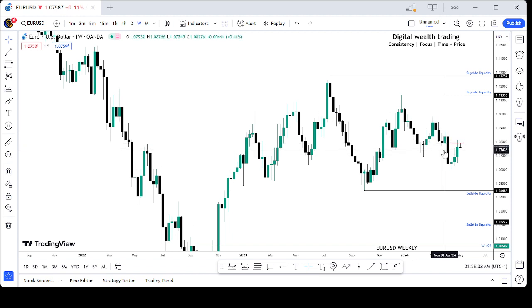Why I did not use the low of the order block is because the fair value gap that was created here was done with a bullish candle. If this candle was a bearish candle, like a down close candle, which is a black candle, then we might have to use the low of this one. But nevertheless, this is also good and nothing bad about it.